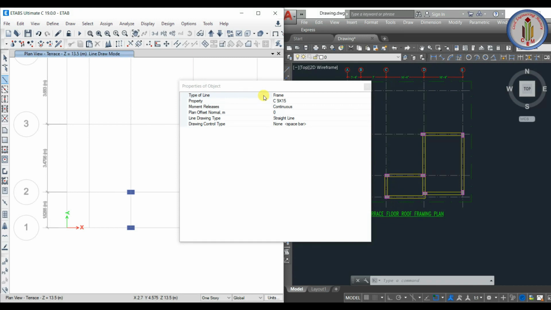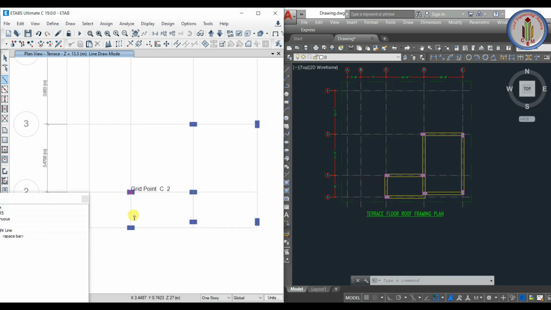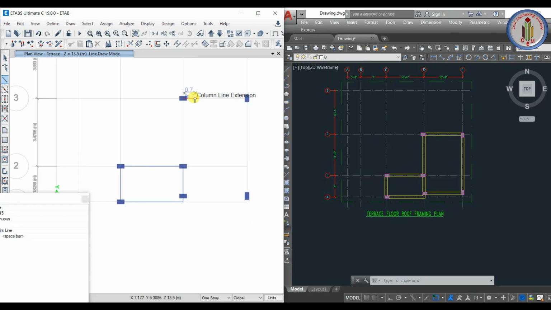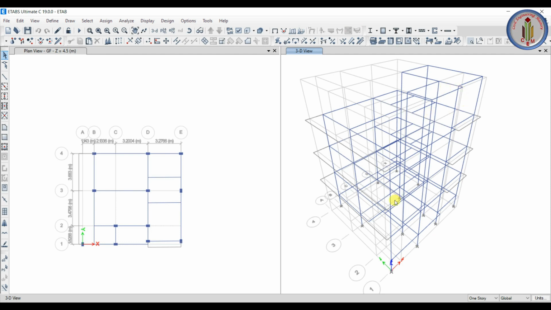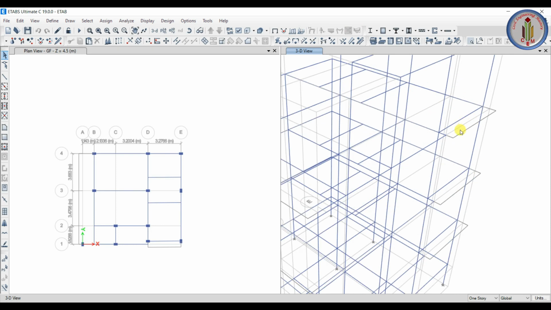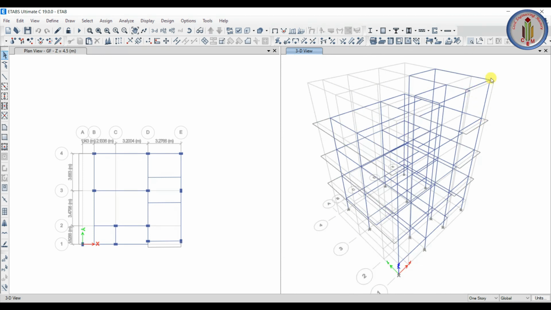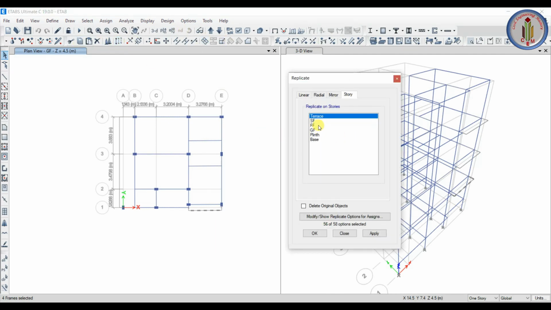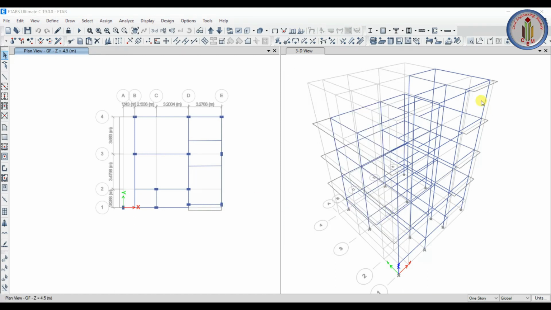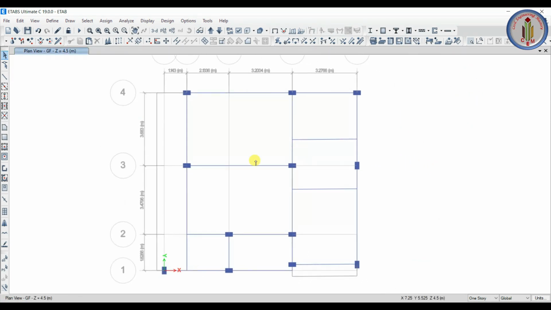Next let's select this option, quick beam option. Here select beam 9 by 15. So this is the staircase headroom, and again here we need to draw beams. So that's it, terrace floor is also done. Let's see in the 3D view, all the framings has been done. So only one thing, like this cantilever portion we need to add here also. So let's select this one and then go to replicate, story, terrace, apply, OK. So it is added here. So that's it, we are done with the beams and columns.